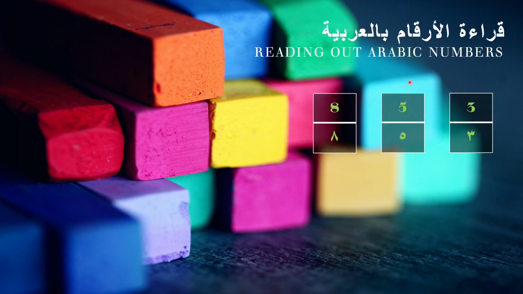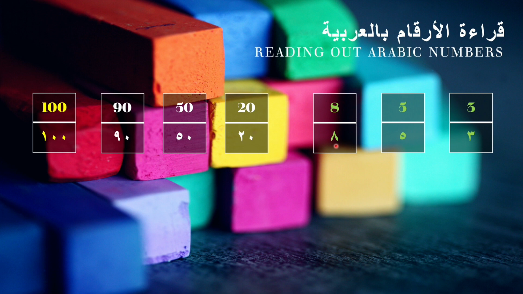Let's get the first basic numbers, which is for the first digit of any number. Any number that consists of only one digit is just read out directly, like 3, 5, 8. But when we have two or more, it's a bit different. When we learn the numbers from 10 to 100, like 10, 20, 30, 40, it's only one word. But when you have two different numbers in two digits, in English we read